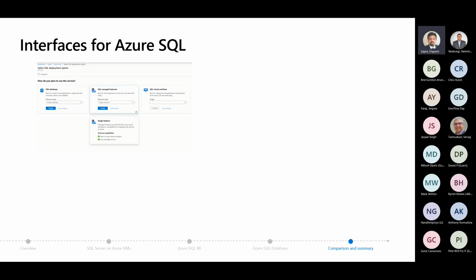So Azure portal, I'm sure we are all familiar. It's well integrated for Azure SQL resources. So you can provision either the virtual machines or the MI or the Azure SQL database. The concept of Azure SQL is baked into the portal experience for both managing resources as well as deploying